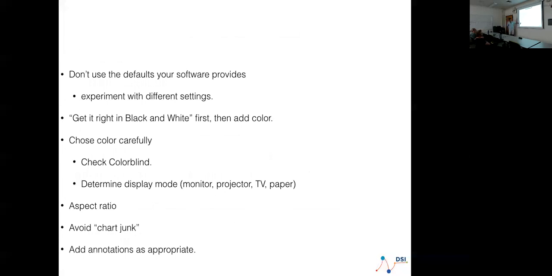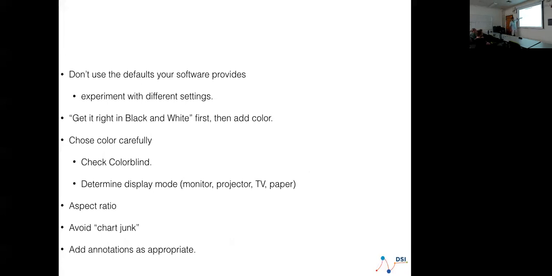Aspect ratio is an important one, because you can actually mess things up if you get the wrong aspect ratio. Okay, the color blindness. How many of you are colorblind in this room? Can't pick up between red and blue, red and green. There are different types of colorblind, but when you have a plot, you better be careful, because there's somebody in the room who has no idea what you're talking about. You can't see the difference that you're talking about. That's an issue. There are ways to actually deal with this.